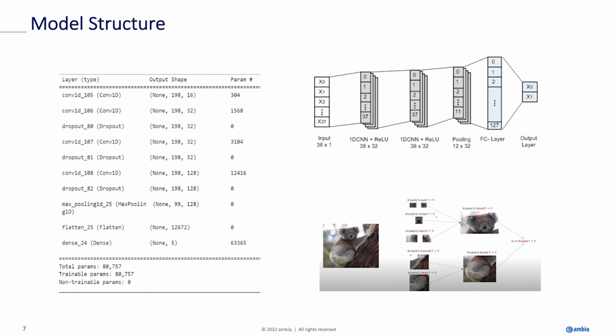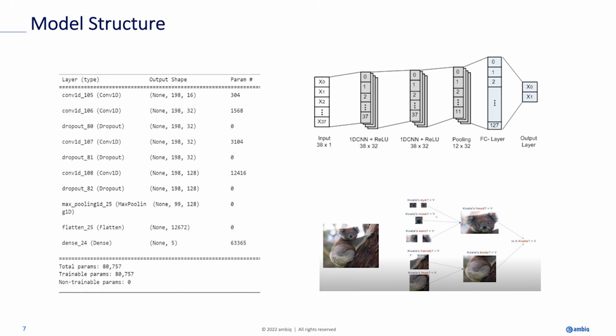So in the case with the koala, it's able to figure out where the eyes are, where the nose is, where the ears are, and the hands and the legs. Then you aggregate all those features together, and that allows for better classification. Now it's harder to qualify such features with time series data of this sort, but it's a similar idea. So we have four 1D convolutional layers,